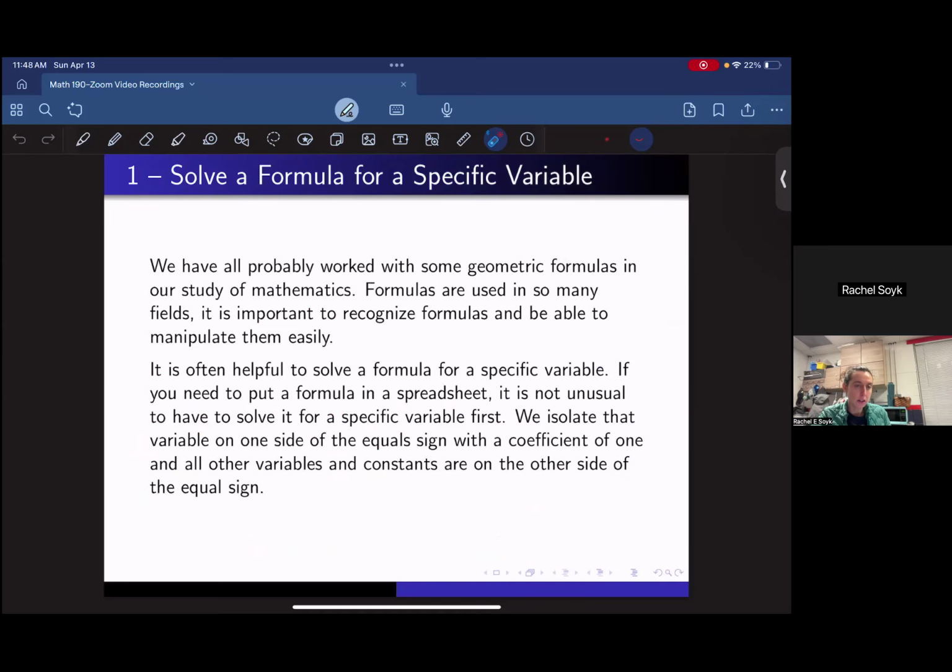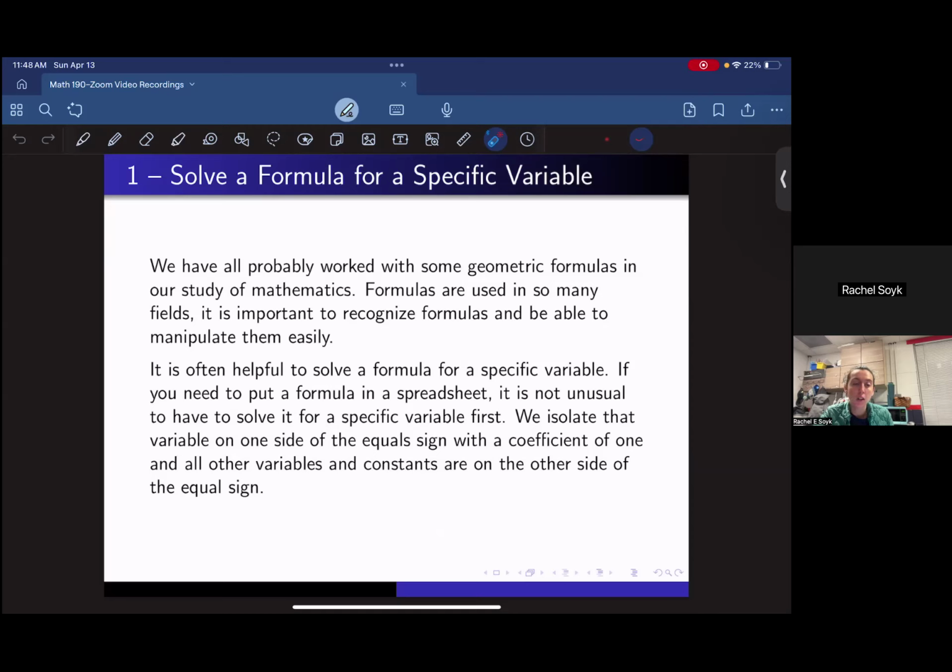Right, so let's jump into that first objective, and we have some notes here. I'll read it for you guys. We have all probably worked with some geometric formula in our study of mathematics. Formulas in general in math are really, really important. They help us sort of turn a real life problem into some structured situation